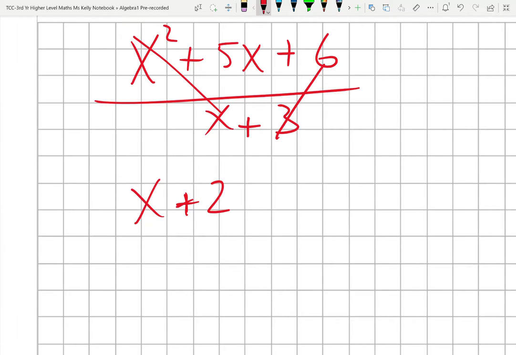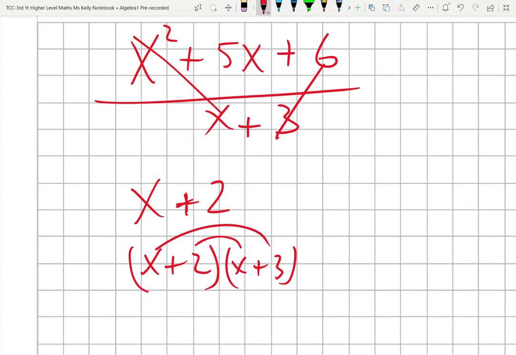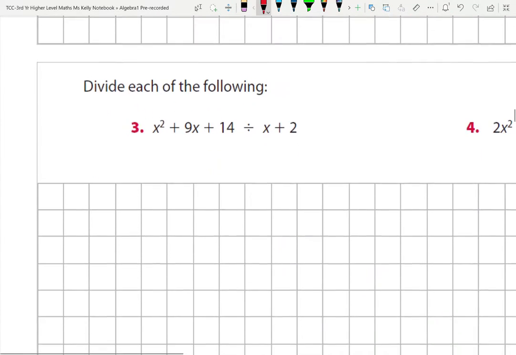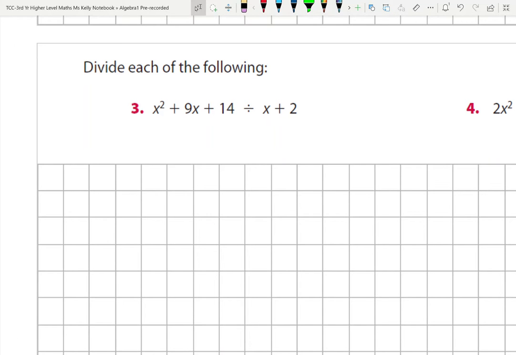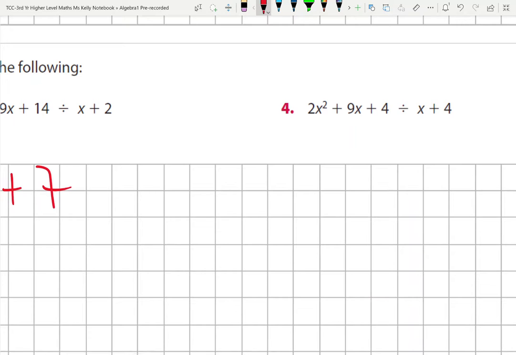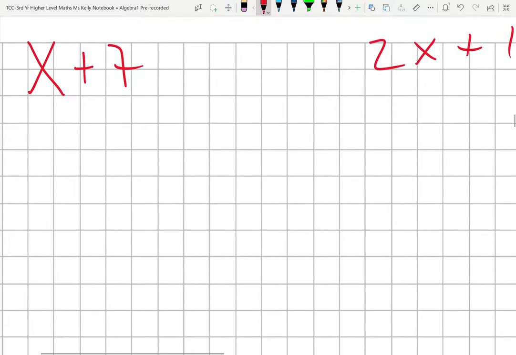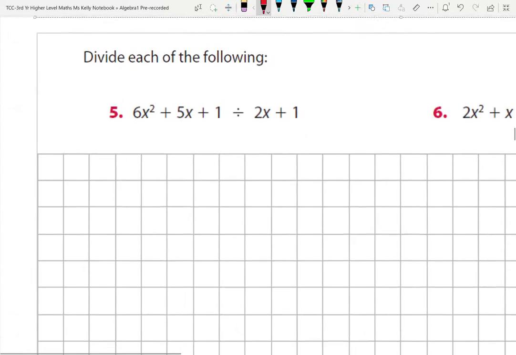Well, you can just multiply the x plus 2 by the x plus 3 and make sure it's equal to the middle, and then you've been thorough. So you get 2x here and 3x here, so you do indeed get x squared plus 5x plus 6. So dividing the ends will work fine. So here the answer is x plus 7, 2x plus 1, 3x plus 1,